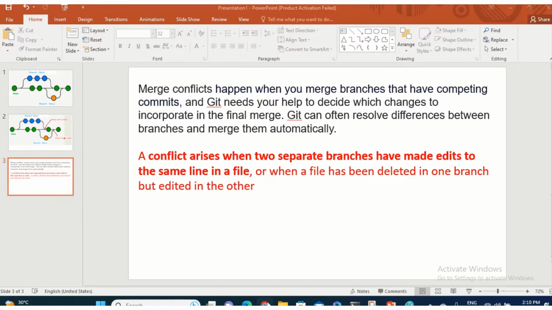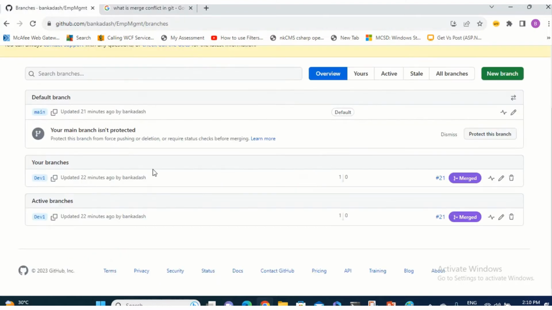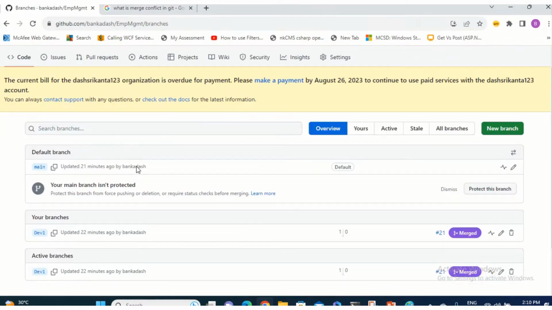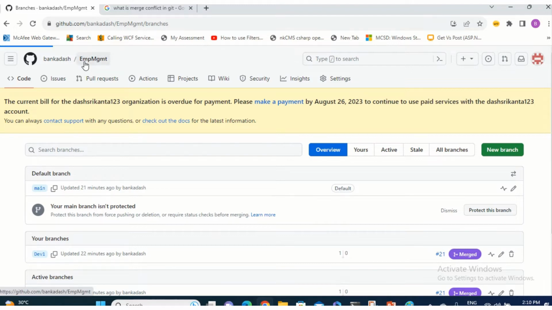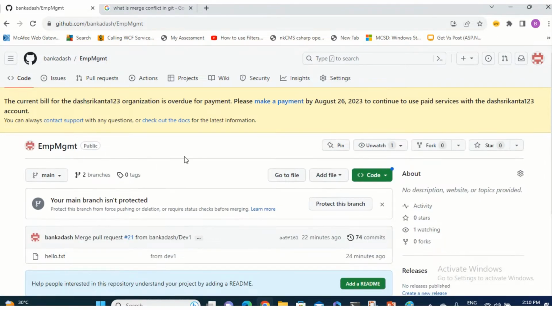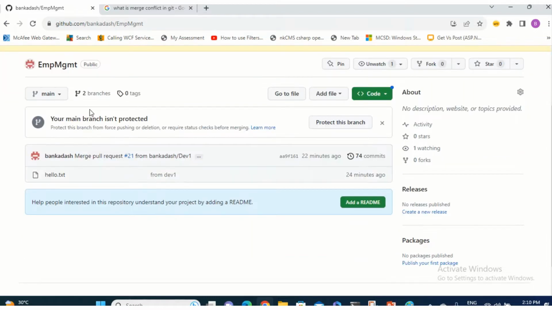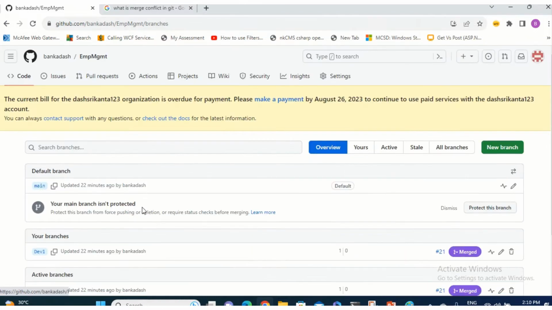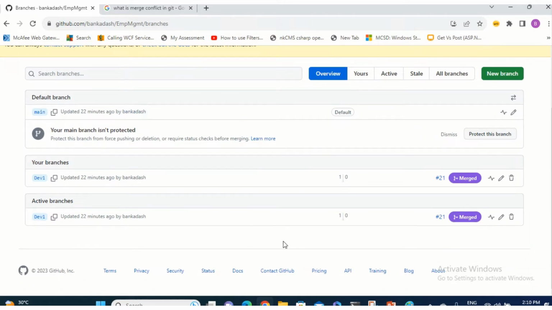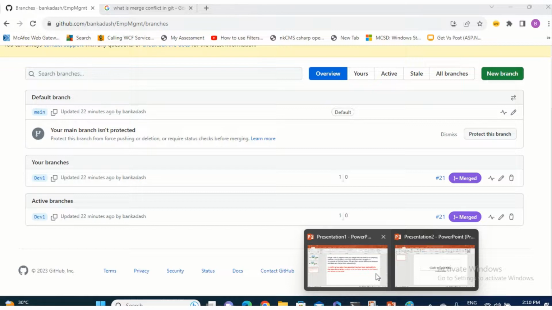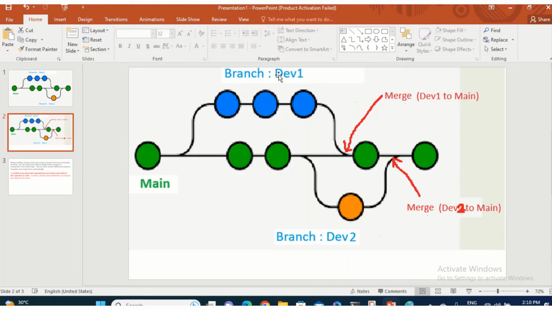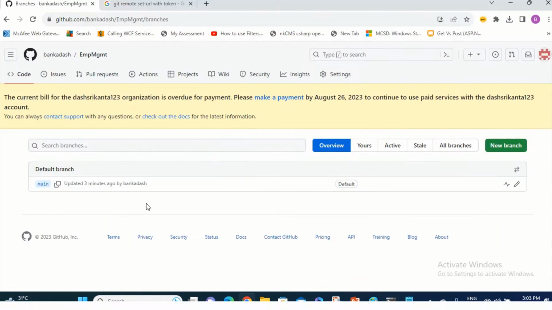So for this we are going for a practical situation. We have two branches here. One is the main branch. I have a repository emp mgmt. One is the main branch, that is this one. Another is dev 1, and I will go through dev 1 now. Then I will create a dev 2. Only dev 1 is also sufficient. We have one branch, main, currently. So I will go to that branch